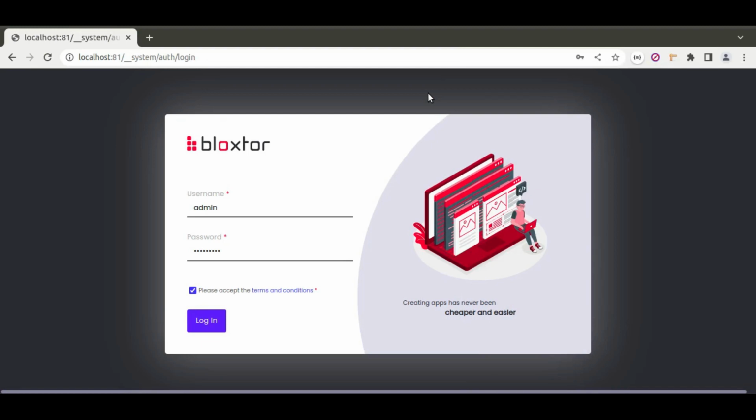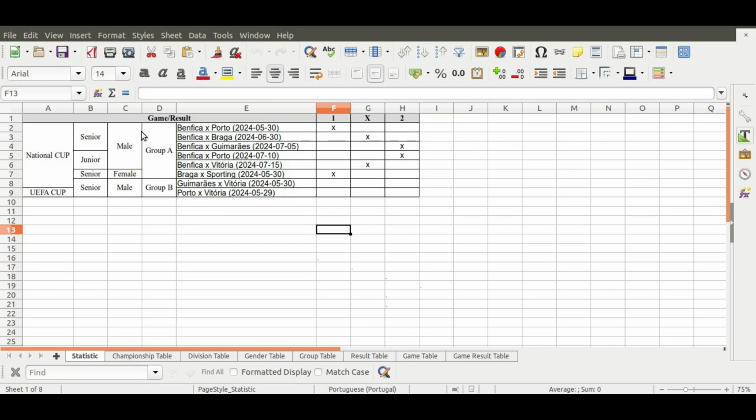Hello! In this tutorial I'll teach how to create a page with a matrix with some combined columns. Something like the board that we see here in this Excel, where we can see that we have a list of games and then we have the results. Where 1 means that the first team won, X means that there was a tie, and 2 means that